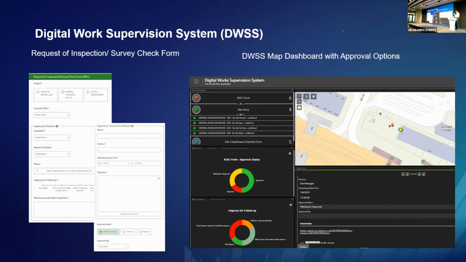Here you can see that we want our workers to submit a request or inspection form, using our web application. It's an ArcGIS Survey123. It's a mobile application that allows us to submit information. And finally, we have a dashboard for our project managers to do the approval process.